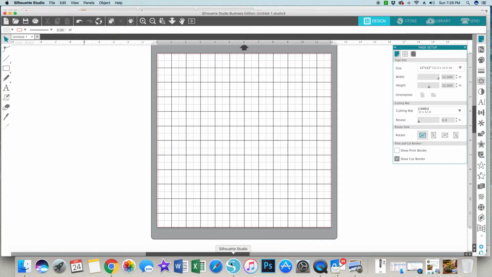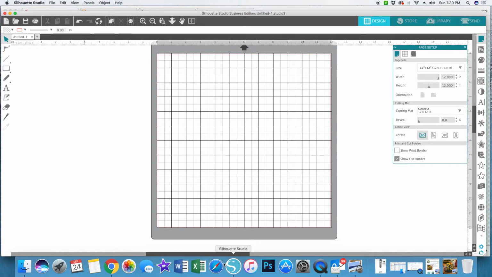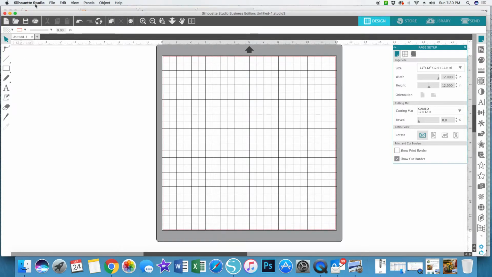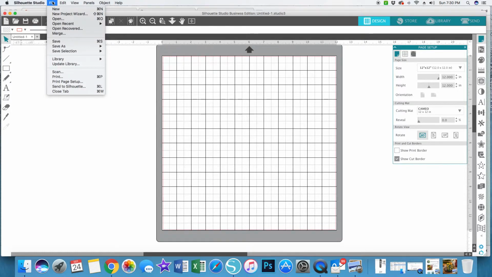Again, you can Google SVG files and find probably all kinds of free files. Be careful when you're downloading. Make sure that your source is reliable, and I do know that the sources that I just pulled from are reliable sources. So now, in order to get that SVG file into my Silhouette software, I'm going to do File,